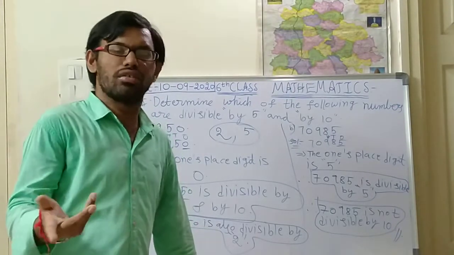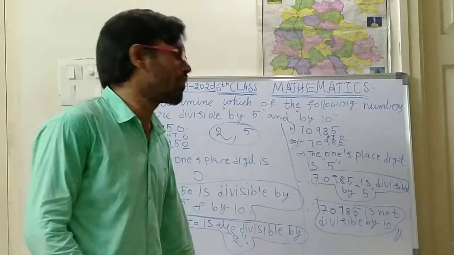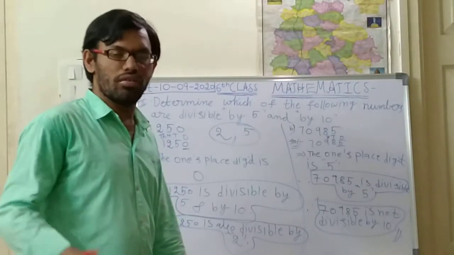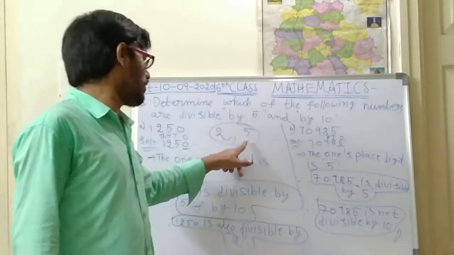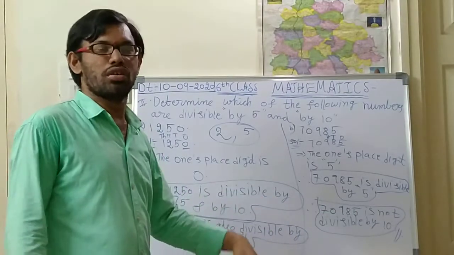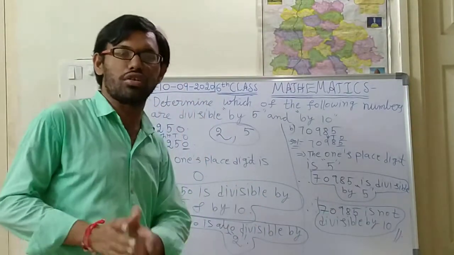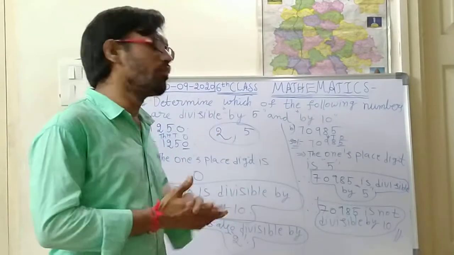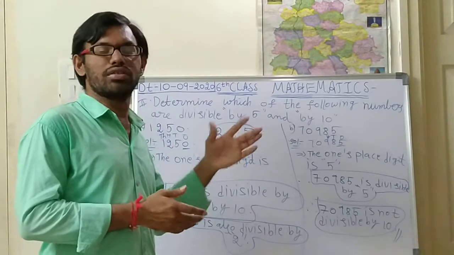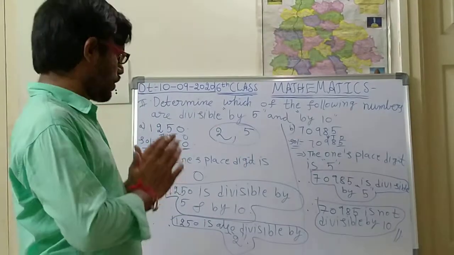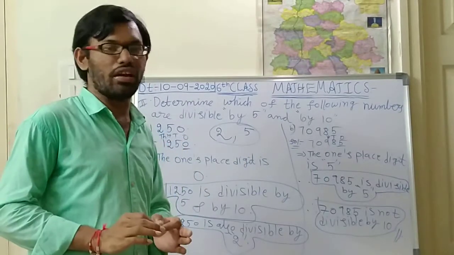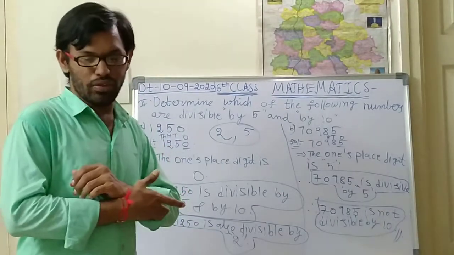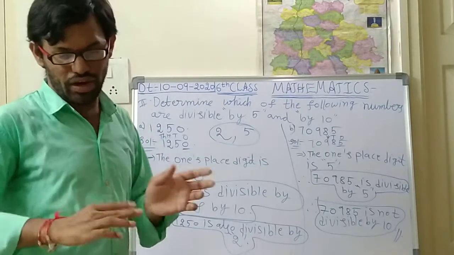Okay, 5 also it will be divisible. Because for a multiple of 5, what is the divisibility rule? The ones place digit should be either 5 or 0. Not only 5 or not only 0; with both digits, whichever number is there, that will be the correct divisibility rule. I think you are understanding very easily. So this is the process of doing the divisibility rules of 2, 3, 6, 5 and 10.